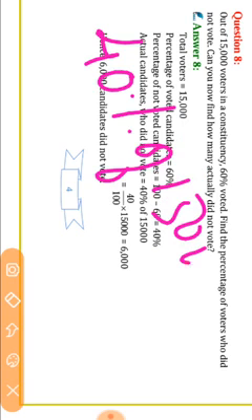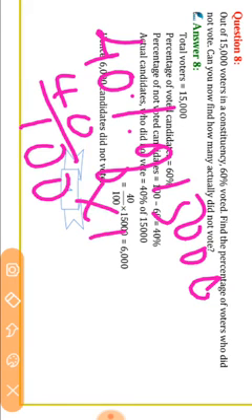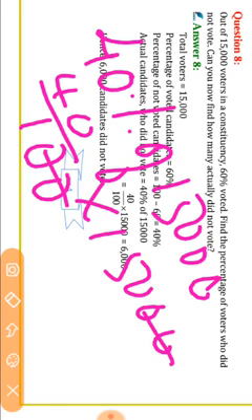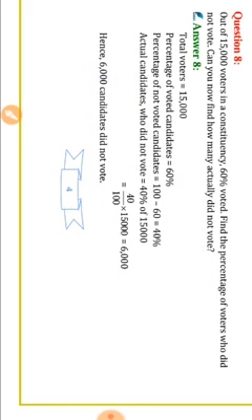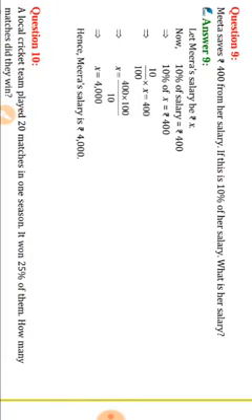So then how can we find it? See, 40% of 15,000, because they did not vote. So 40% is nothing but 40 by 100. Of means multiplication, so 40 by 100 into 15,000, like this. 100 cancels, isn't it? 15 4s are 60, so 6,000 did not vote. That's all, isn't it? Then go for the next.